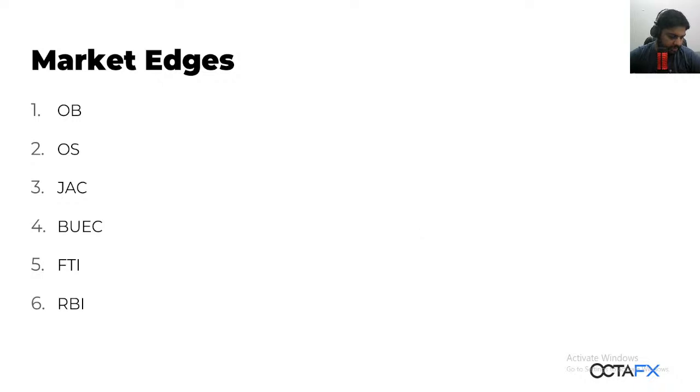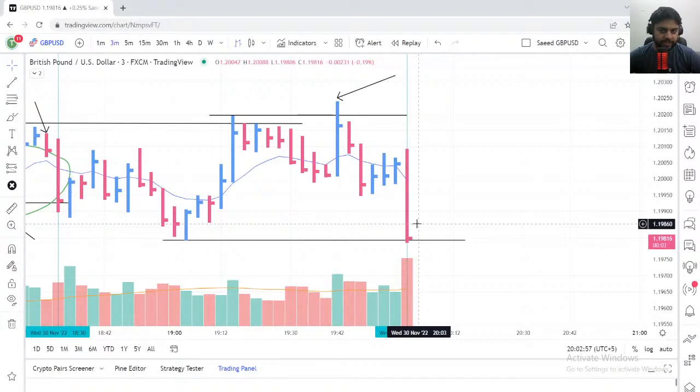Saeed Muhammad is asking, sir, which pairs are good for your strategy? All of the pairs are good for our strategy. The only thing is that you have to search for the pair which is suitable for you, because all the pairs move in a particular way, but their overall behavior is almost the same. So don't worry about that. You can use my strategy in all of the Forex market pairs. Nothing to worry about over there.